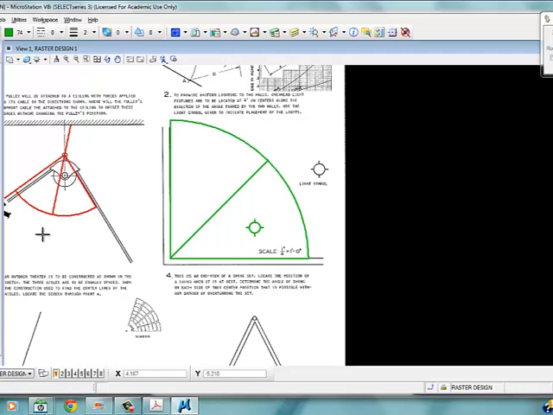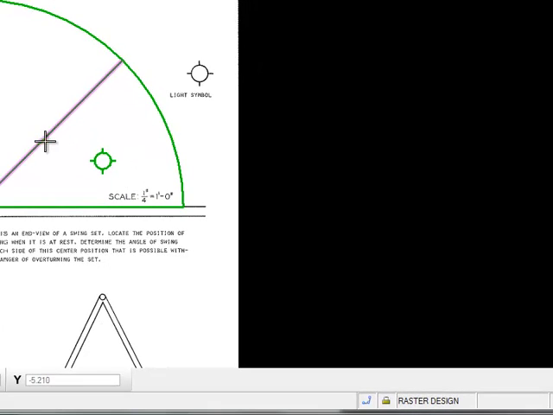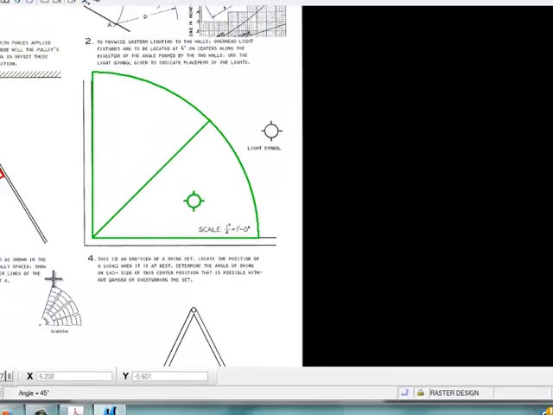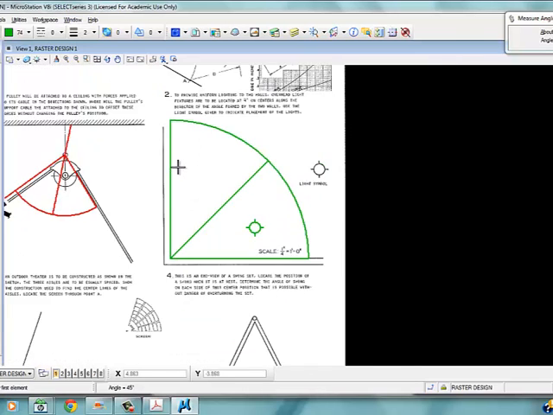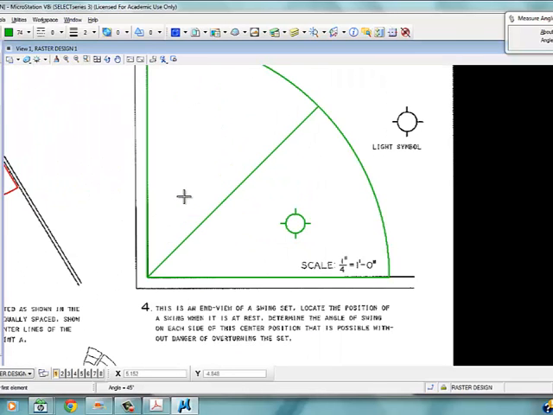And if we measure the angle, if we look down at our measuring tools, we can measure an angle under this D tool. Here's measure angle. And down here at the bottom it tells us it's a 45-degree angle because this was a 90-degree corner. Roughly, it's a little scanned off, but it's close enough. So now we're going to take our move tool. We're going to move this